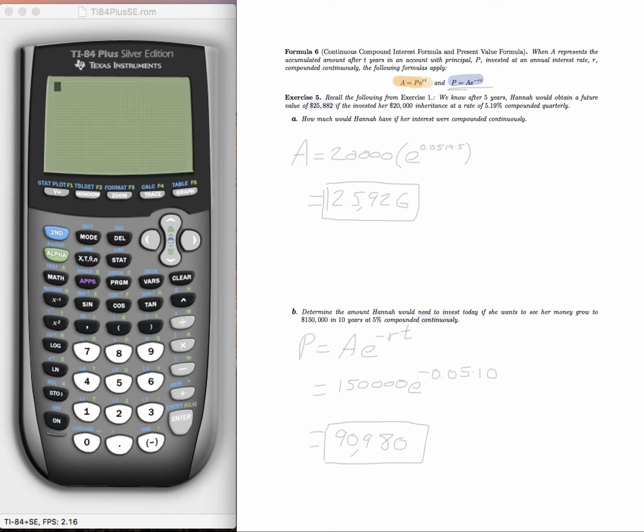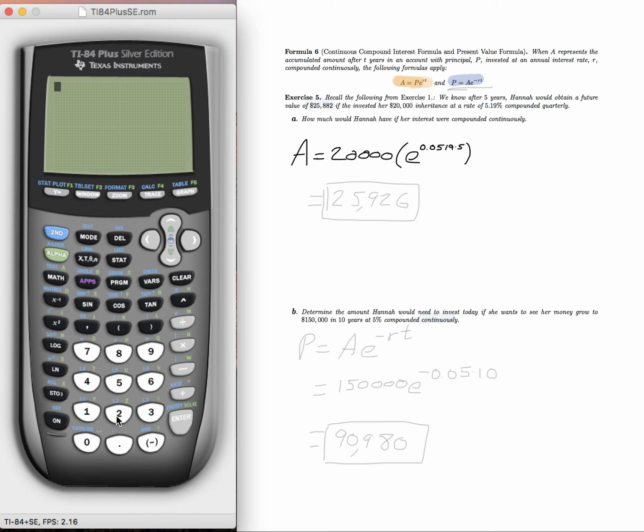So, let's see what PERT has to say. Our amount would be equal to the principal, still 20,000, times e to, now our rate is unchanged, we're still going to use 5.19% or 0.0519 times t, and we're still looking at a 5-year period. Okay, so if we throw that in the calculator, a lot of calculating in this section,